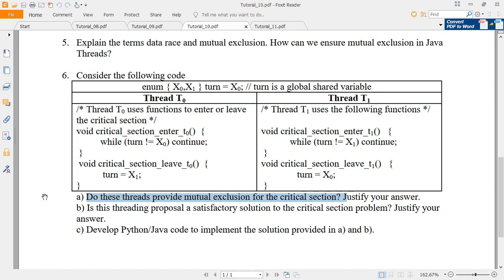Here a kind of wait and signal functions was written, in which they keep on changing the turn value, but once the turn value was changed, they have not notified. That means thread 0 has not notified thread 1, and thread 1 has also not notified thread 0. So it is always recommended to write with the help of inter-thread communication monitor states, that is wait and notify, and notify all if more than one thread is available.